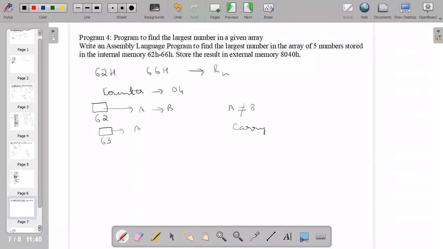So once all these comparisons are done, the counter can be decremented, and once it reaches 0, we have to stop the process. So once it reaches 0, we have to access the 8040H location and move the content of A to 8040H, because in A we will be having the largest number stored. So let us see the example code written for this.